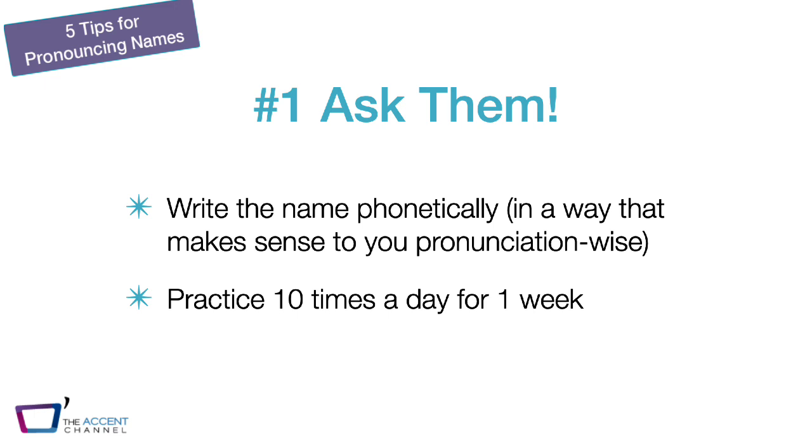I'd recommend practicing 10 times a day for 1 week. 10 times a day. It's less than a minute. Do that every day for 1 week. And this new pronunciation will become your new instinct and your new habit, so you won't make the same mistake